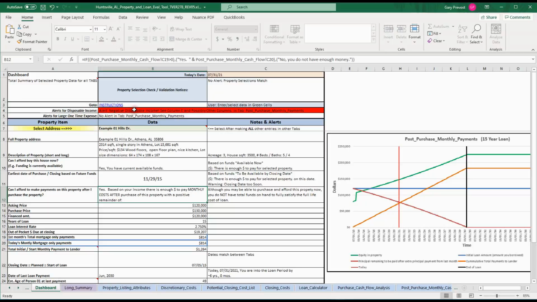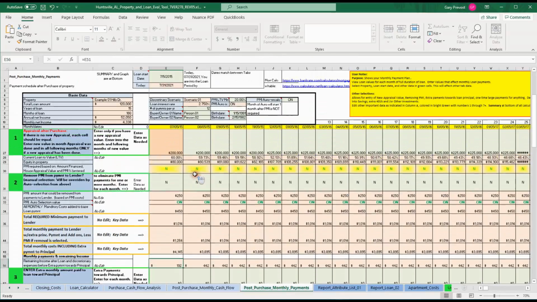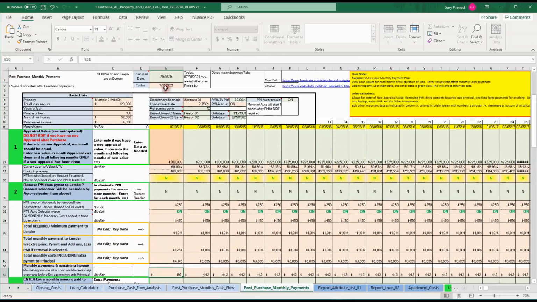Okay, negative disposable income, column E, and other columns in tab post-purchase monthly payments. So we're going to go to post-purchase monthly payments. Today's date is automatically calculated. That actually is today's date. And this is saying when you're going to start your loan. So the loan start is in the past. So we're going to change that to the current. Let's say it's going to start tomorrow. Let's say 8/1,